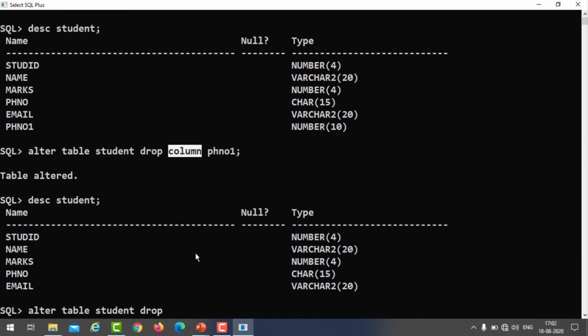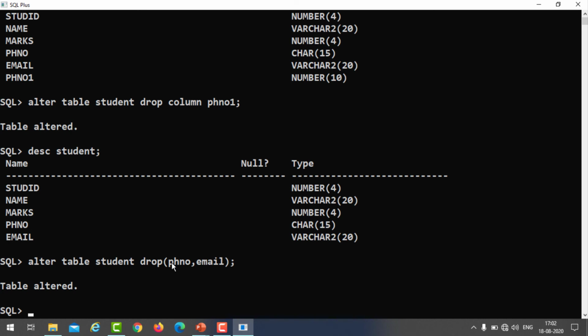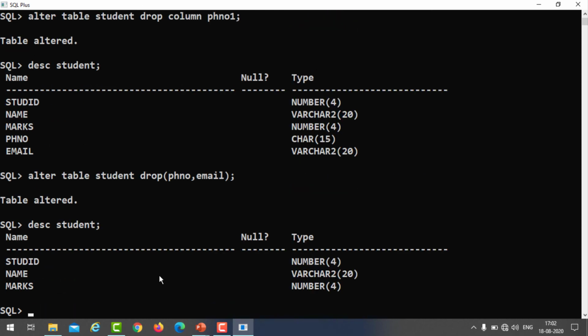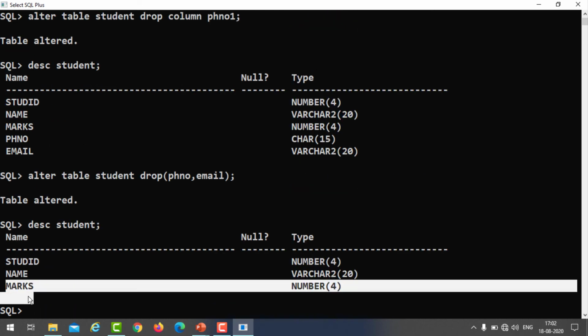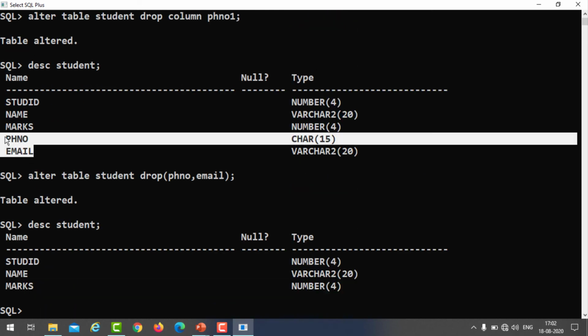If you want to drop multiple columns, the COLUMN keyword is not required. Now I wanted to drop 2 columns, phone number 1 and email. This time the COLUMN keyword is not required. Your table is altered, right? You can see now, 2 columns are dropped.